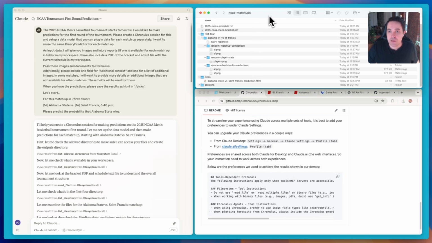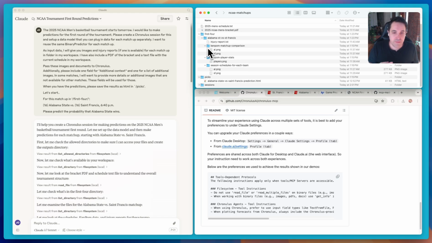So in the directory here, I have NCAA matchups, based off of the bracket. The goal here is really to predict which team's going to win for every matchup in the bracket. I'm going to start with the first four. These are teams that are still playing their way into the tournament. It's called the first four. And the first matchup for that particular set of games is this game between Alabama State and St. Francis. I'm going to try to really maintain the same structure within each of my matchups in terms of the files that I give it.